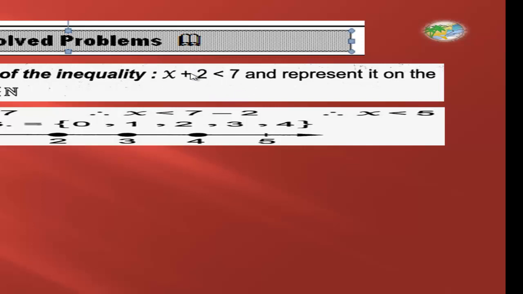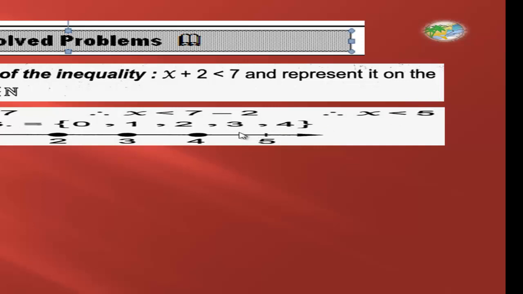An added number goes to the other side with the opposite sign. This plus 2 goes to the other side as minus 2. Then x less than 7 minus 2. Okay. Then x less than what? 7 minus 2 equals 5. x less than 5. The solution set equals